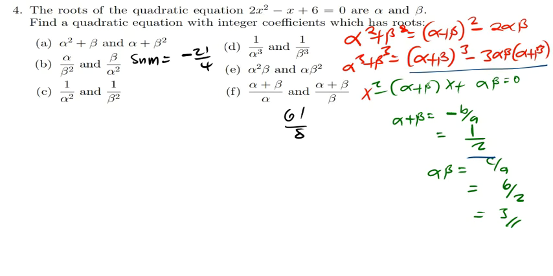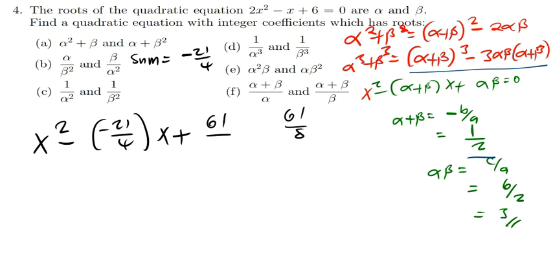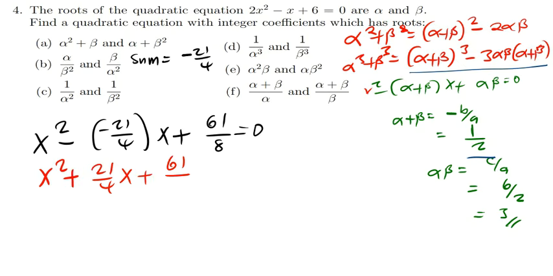So the formula is x squared minus the sum. What's the sum? The sum is negative 21 over 4 x, then plus the product, that is 61 over 8. It should be equal to 0. Now I'll say x squared minus negative, and negative will be plus, 1 over 4 x plus 61 over 8 should be equal